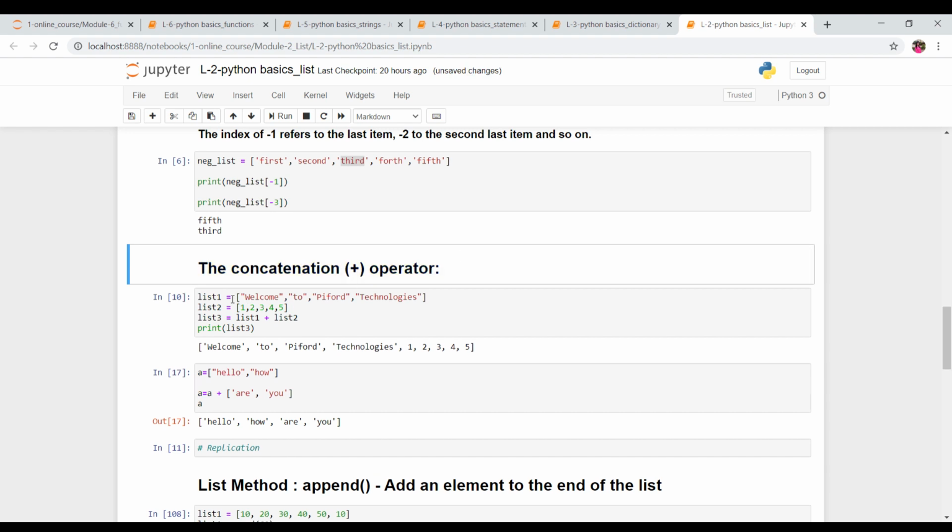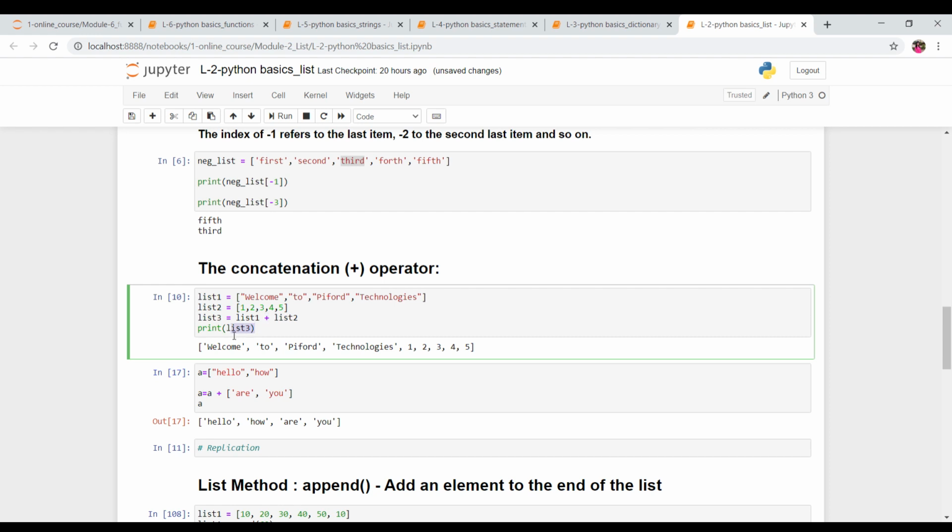So how to do it? Suppose we have one list, and it is having this data, and we have another list, list 2, which is having this data. Now I want to join both lists. What I'm doing over here is creating one more list with the name list 3, and in this list I'm adding the data which is in list 1 and which is in list 2 by using the concatenation operator.